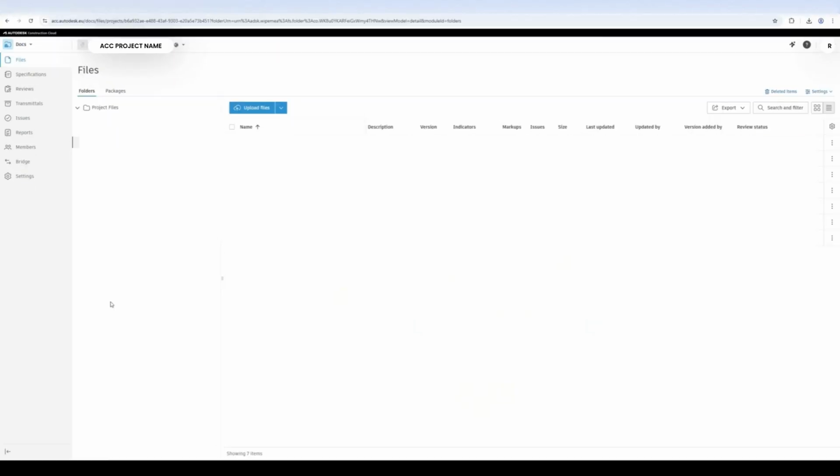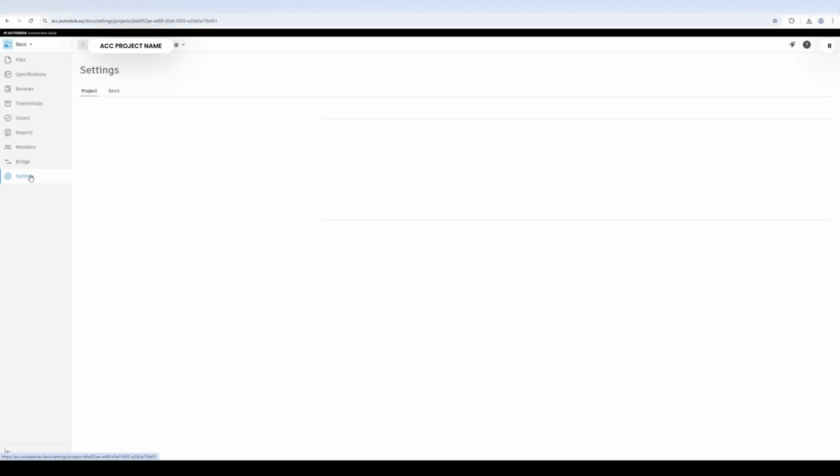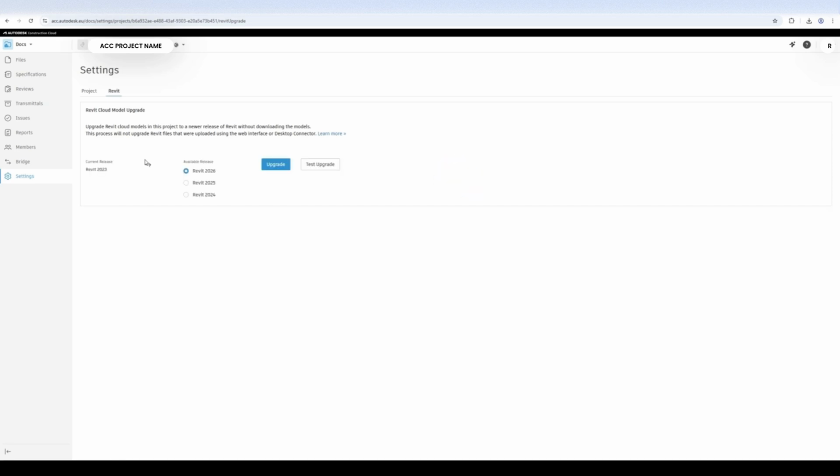Log into your ACC project, go to Docs, choose Settings, and from here go to Revit, and then Revit is going to find what newer releases are available for Revit. It will take a little time. Now you can see it tells your current release is Revit 2023 and you can upgrade it to 2024, 25